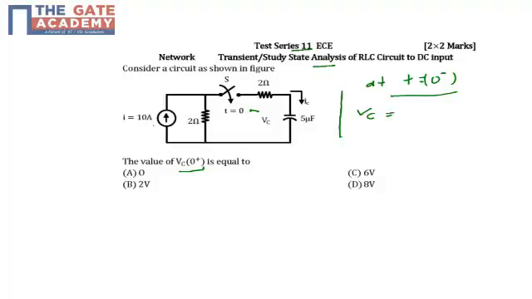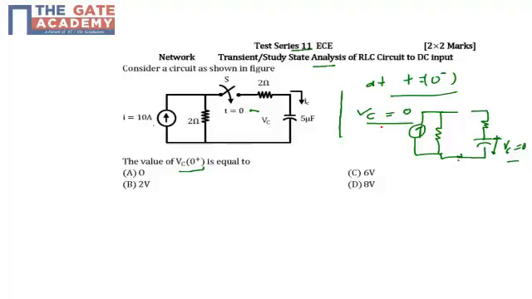If the capacitor is fully uncharged, the energy stored in the capacitor is also zero and its voltage will also be zero, because the effective circuit is something like that. The capacitor has virtually received nothing from the supply, so there is no way it can be charged. So the voltage across my capacitor will remain zero. So at t = 0- my voltage across the capacitor is 0, and we know that